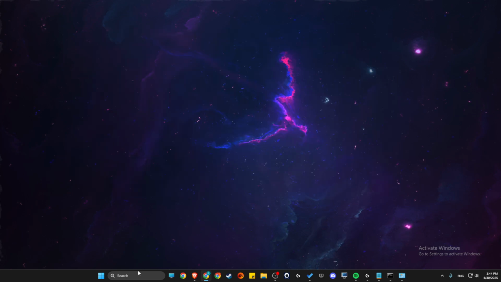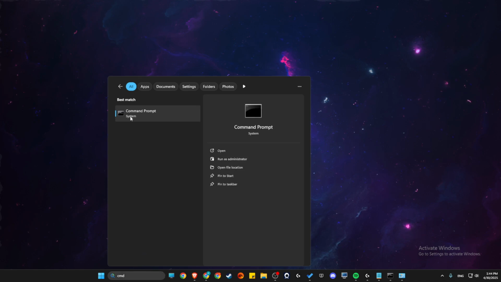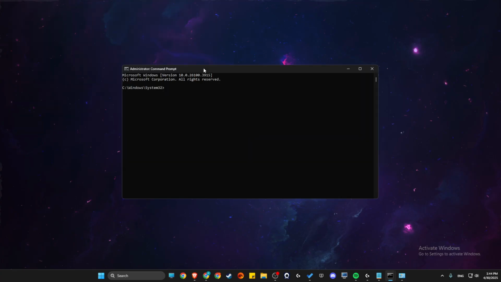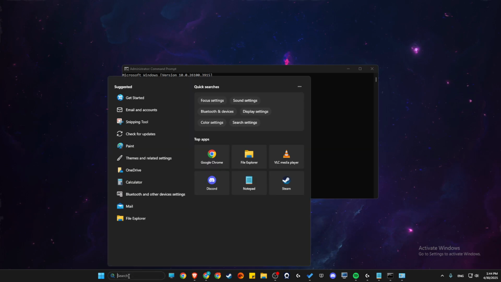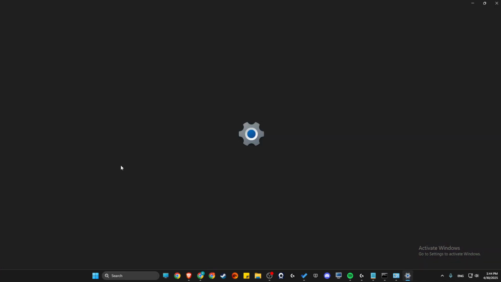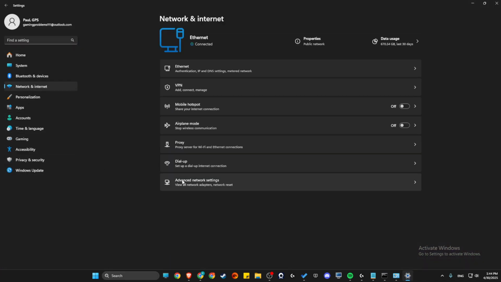Then what you need to do here is to open up CMD or command prompt, and then you need to run it as admin. Here you need to write a few commands. First one is ipconfig /flushdns. Another command is netsh winsock reset. And then what you need to do here is to go to settings, network and internet, advanced network